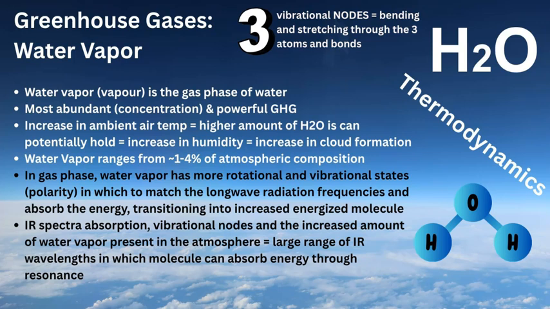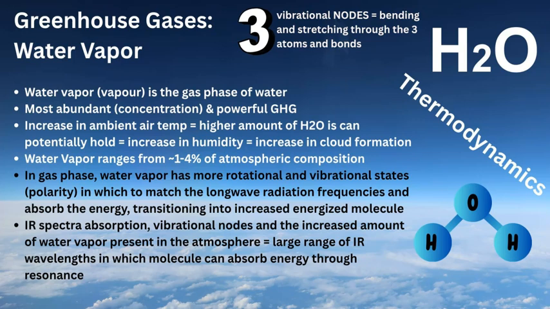Now, water vapor is the gas phase of water, and it has the ability to increase the temperature of the air through humidity, through the accumulation of water vapor within the atmosphere, actually pushing out nitrogen and argon. The oxygen stays the same, but you add in more of this water vapor, and the absorption of energy increases the air's temperature, which is called the heat index. So you could see a weather forecast in the summer saying it's 104 degrees Fahrenheit with a heat index of 120, because when you add in the humidity, it naturally adds in more heat, more thermal energy,